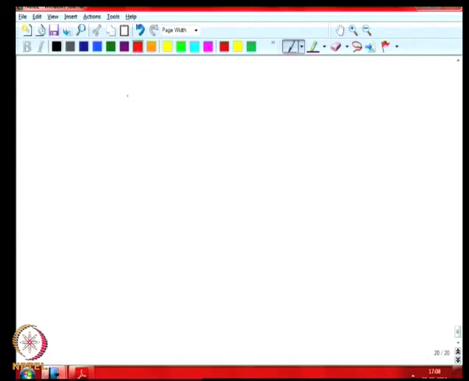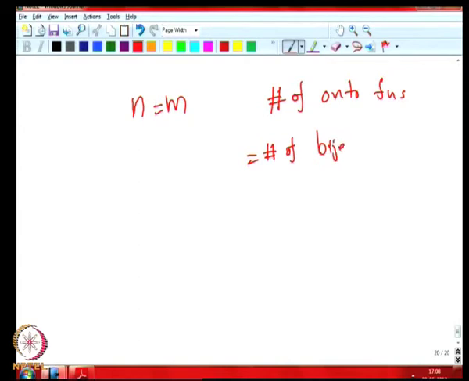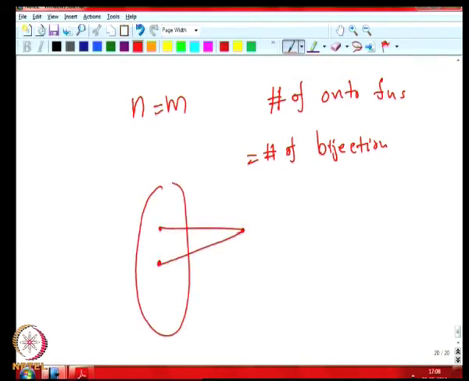Another thing we should consider, two special cases we can consider here, namely when n equal to m. What is the situation? When n equal to m, we know that, as we have discussed, the number of onto functions is actually the number of bijections, right. Why? Because if it's onto, every member of B has a pre-image. So that means no two members of the A side can get mapped to the same member in B. Why is it so? Because if two members in A got mapped to the same member in B,